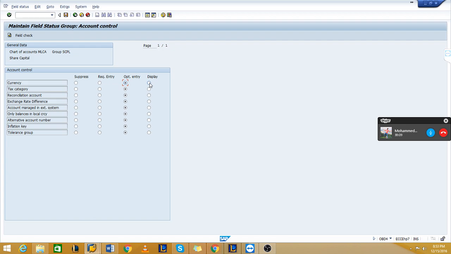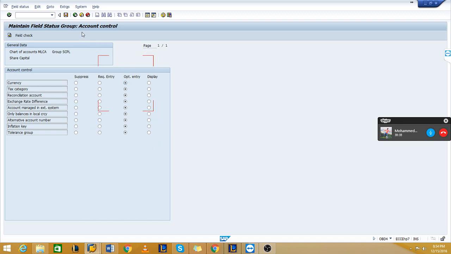That is, it will be blocked for entry. Everything is optional entry, so this will be available. Exchange rate difference, account management, tolerance group, anything you can suppress if you want.